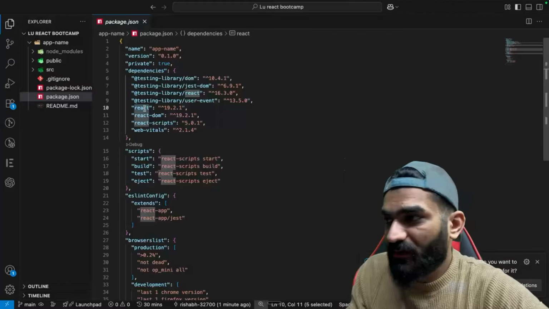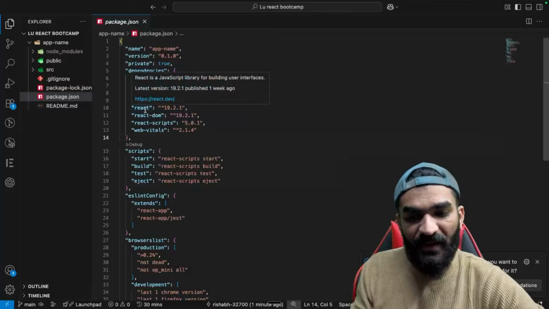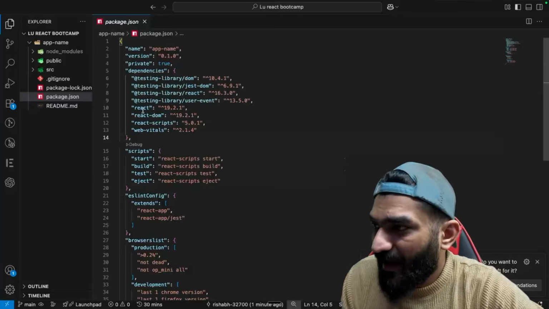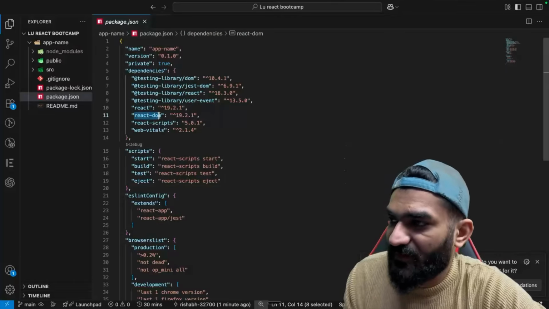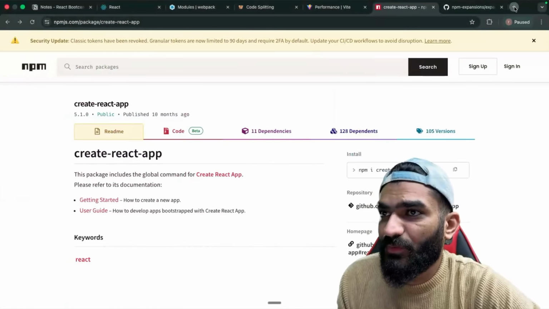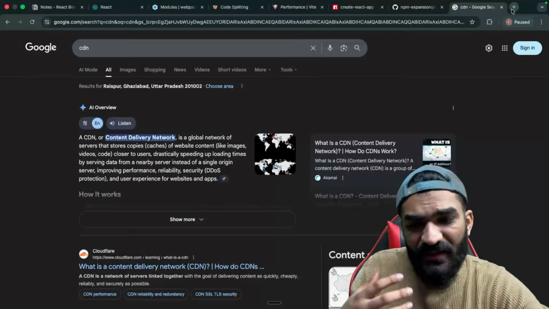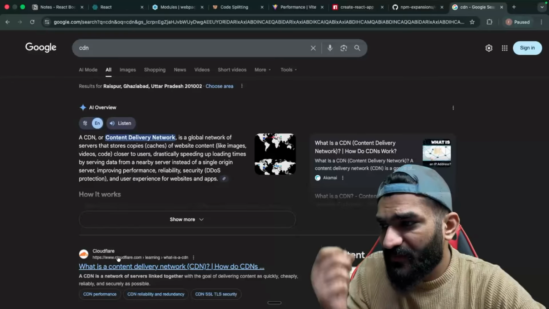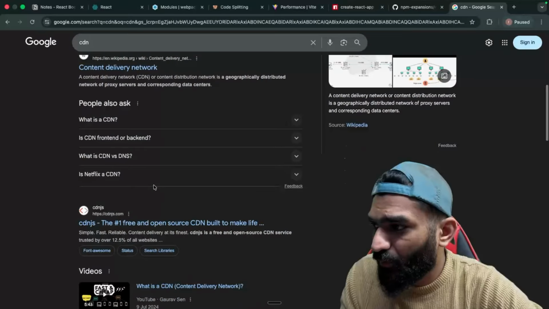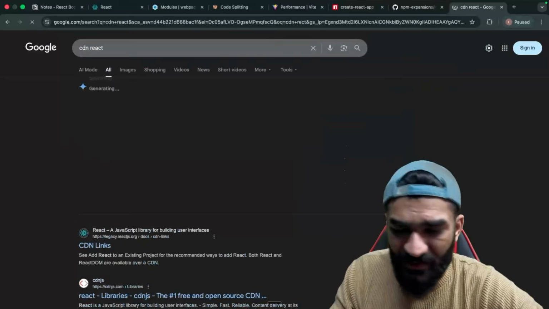But I will not run without it, or let's say I will run, but if you have to, okay, so why is this React and React DOM different? If you go to your React application, if you go to the CDN, okay. So is npm the only way